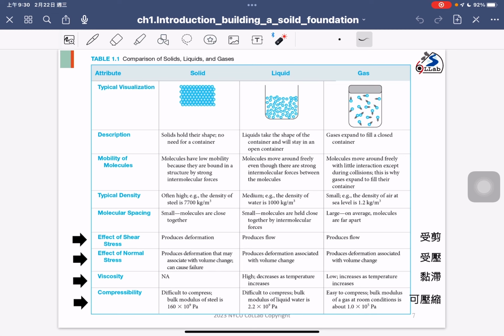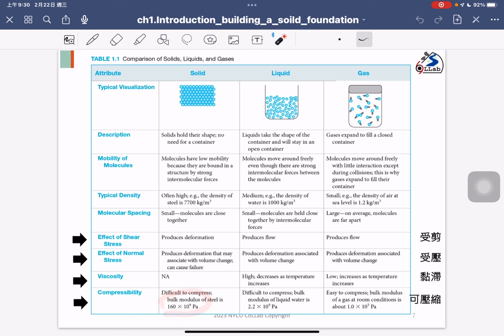What is the compressibility property? It's related to whether it's easy to compress or not. So we call that the compressibility. And you can see the bulk modulus in here, and we have a number. Even though you don't know what the compressibility is and what the bulk modulus is, you know,